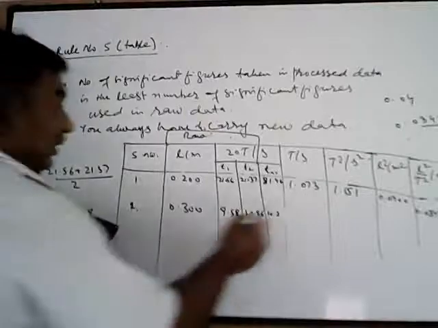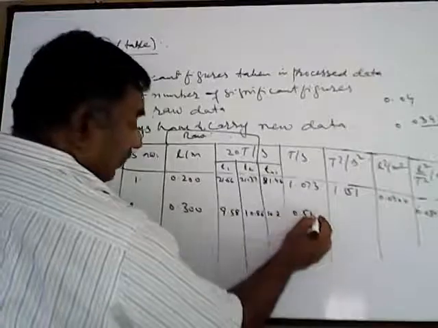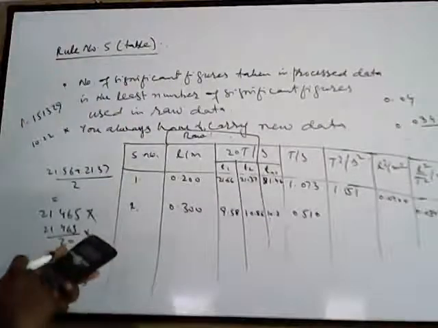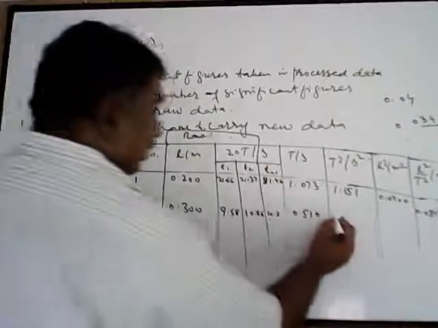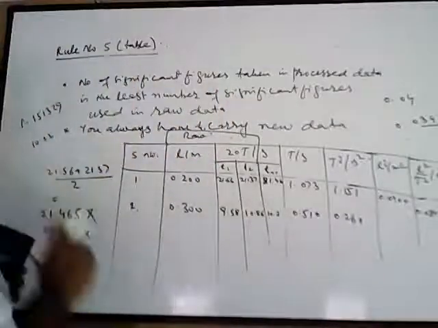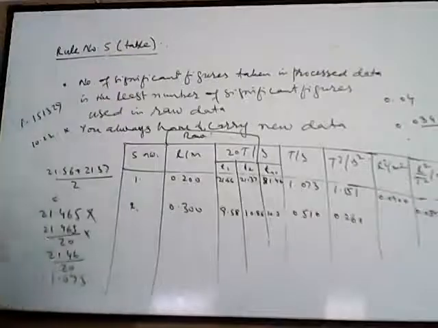So it's 10.2 divided by 20. It comes 0.51. But this is in 3 significant figures, I'll put 0 here. Then t square will be 0.51 square. It comes 0.260, and you can carry on with this one. Then L square upon this: L is in 3 significant figures. You can calculate these values, I'm not calculating them.